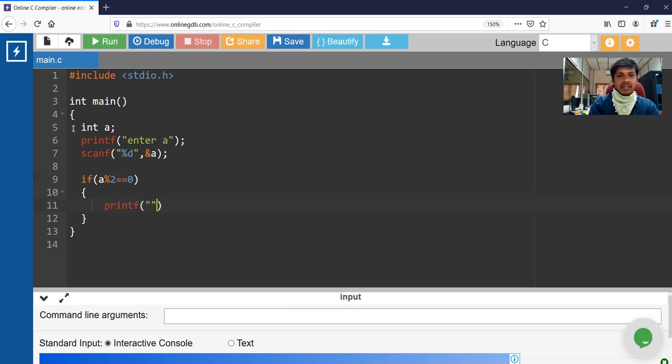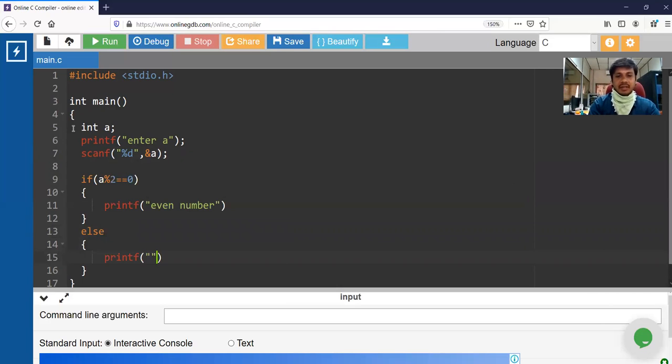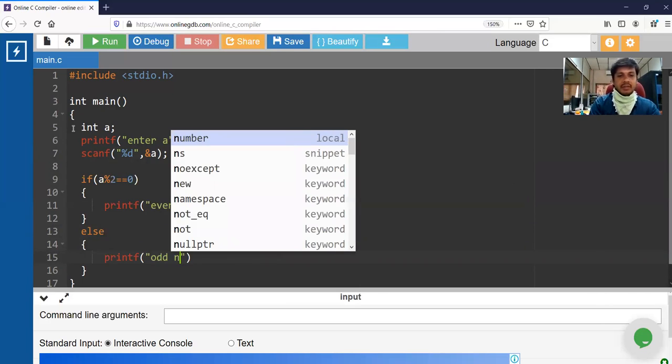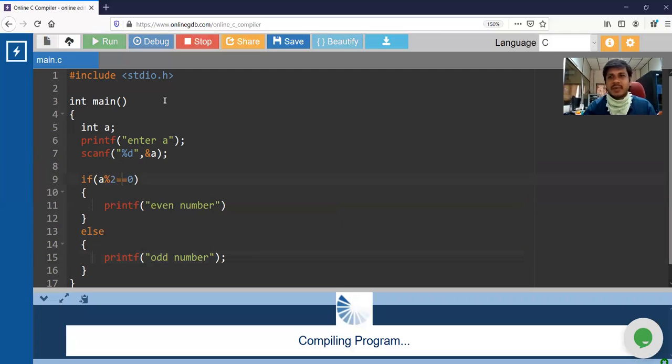And it is an even number. This we know. And it is an odd number. So here the number of operations required are 1 and 2 to decide whether the given number is even or odd. Let me compile this. A very small program.